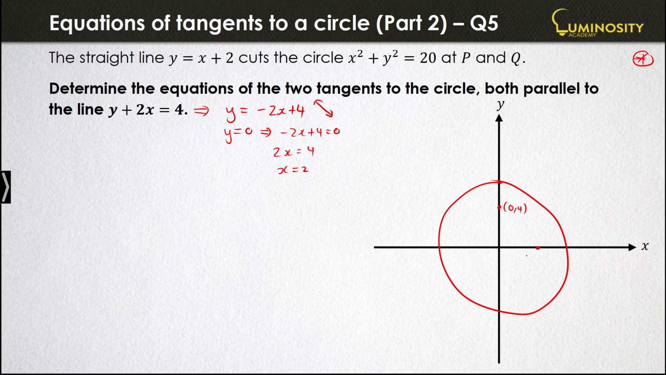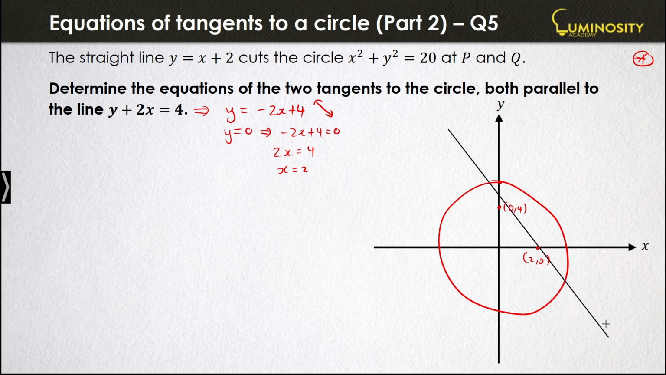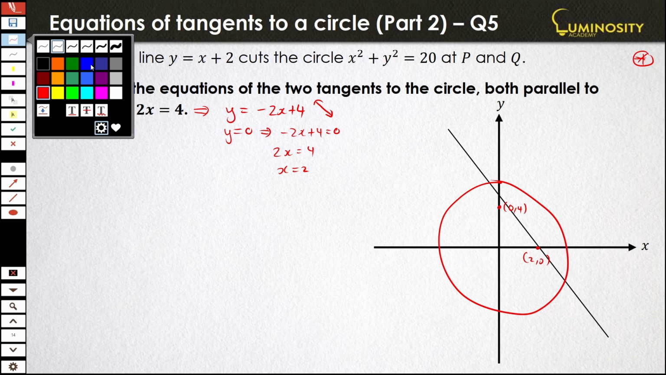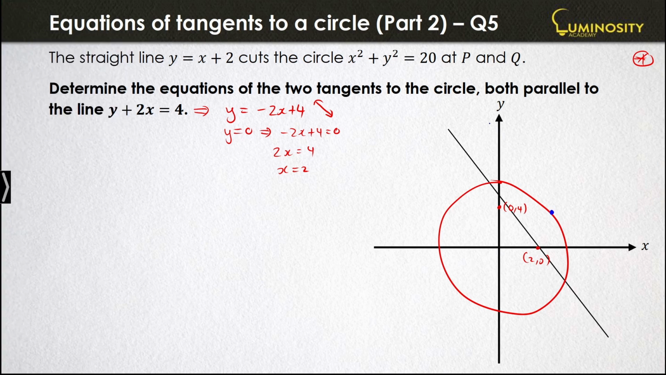So x2 is somewhere here. Okay, so if I draw in that line now, you can see it obviously cuts the circle, right? But now we want tangent lines that are parallel to this. So we want a line somewhere here on the circle that is parallel to this line, and another tangent line